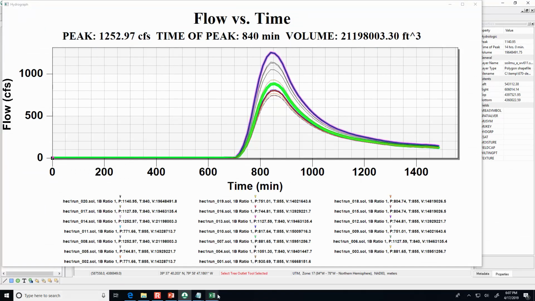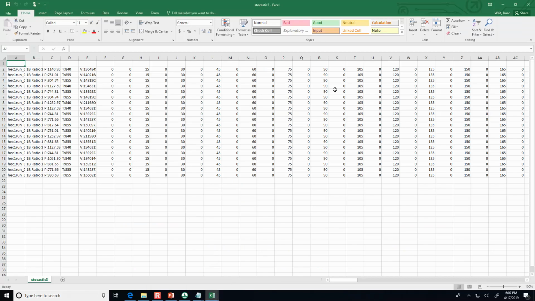Do you see what the problem is? It's treating each storm as a row rather than as a column.